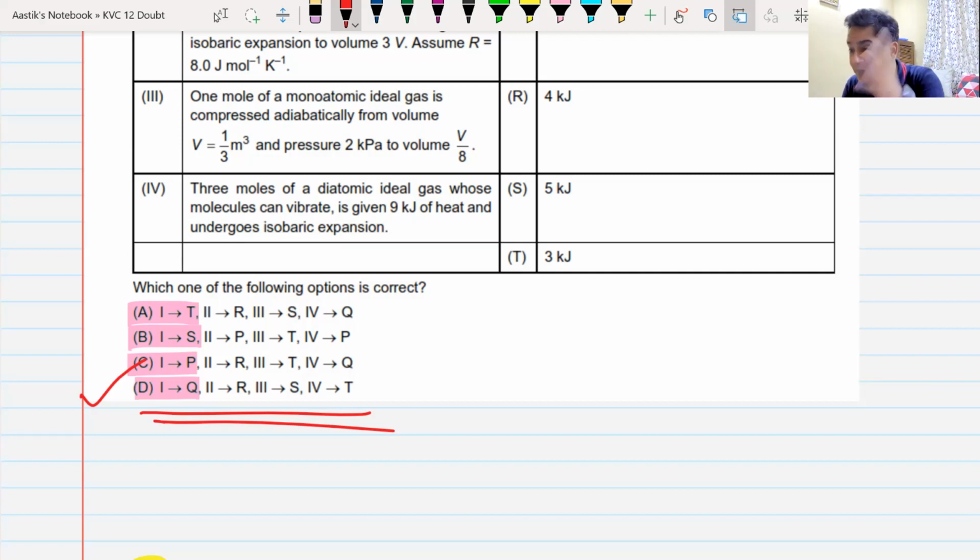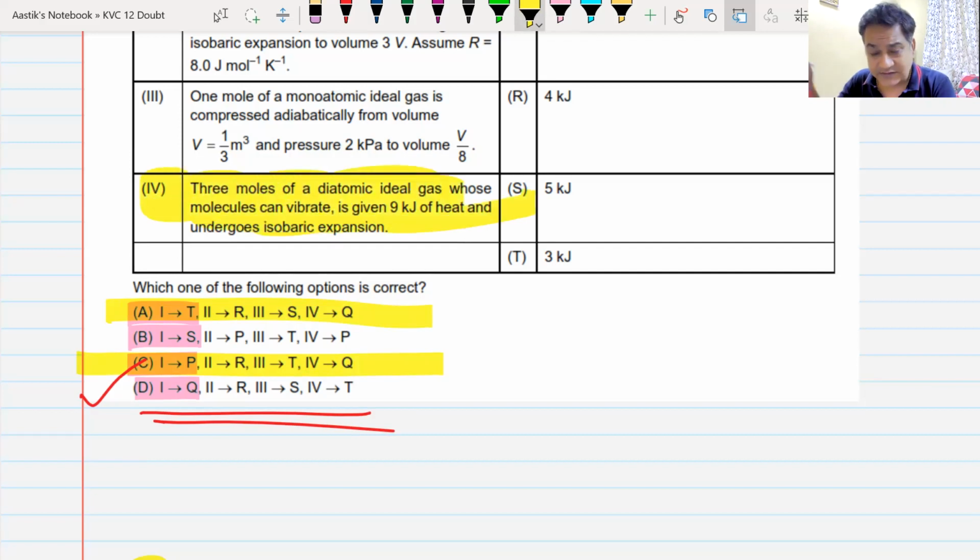You solve the first one or second one, which you think is the simplest. And all of these are simple. All of these are less than 15-20 seconds. You think which is the simplest of all these four, solve that one and see which option is matching. Then there might be two options which are having the same thing. For example, if I look at this one and this one, the two yellow ones, if you think that question number 4, which is this one, was the simplest among all, and it is simplest, all of them are simple, then you solve question number 4,